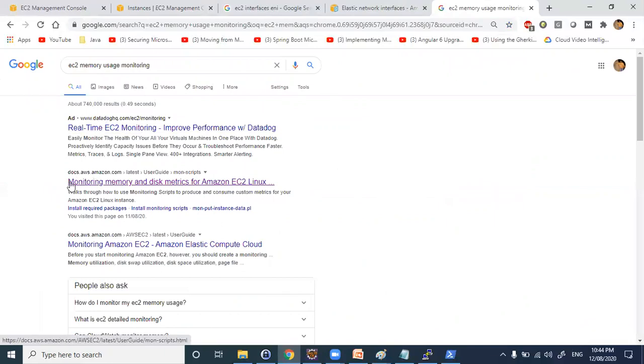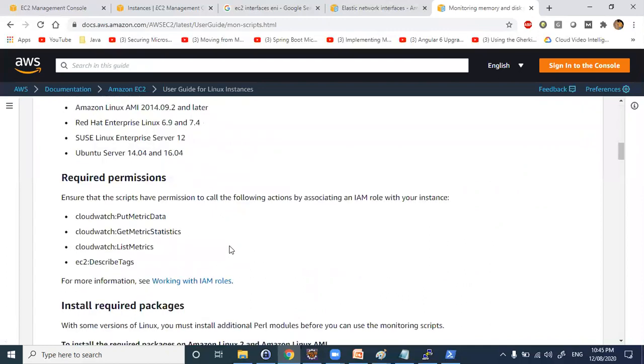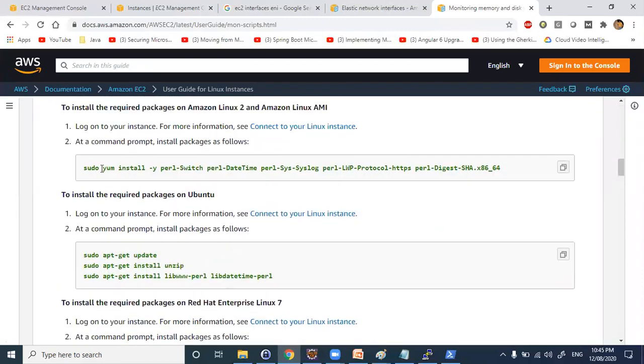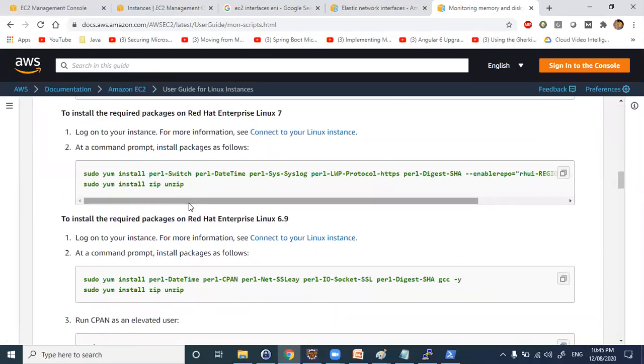Go to this document, monitoring memory and disk metrics for Amazon EC2 Linux machine. If you see here, follow these steps. Just open your Linux machine, then try executing these steps.